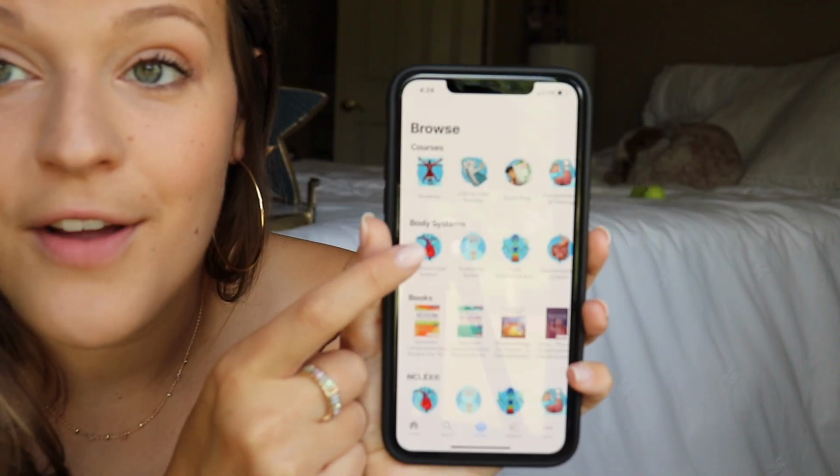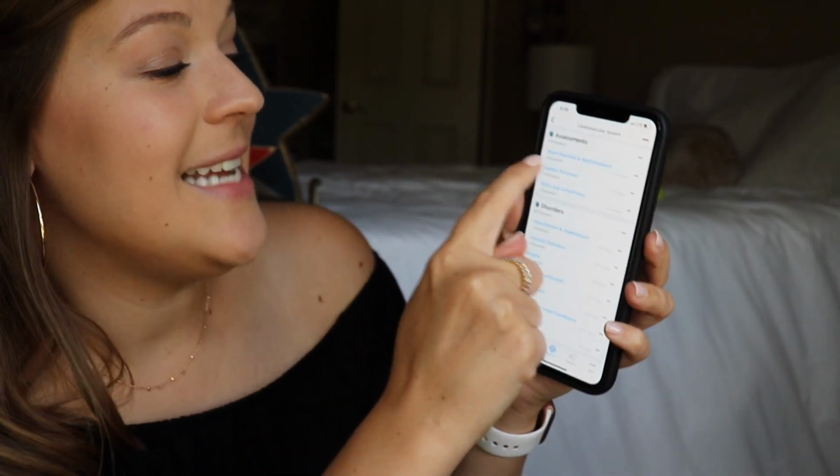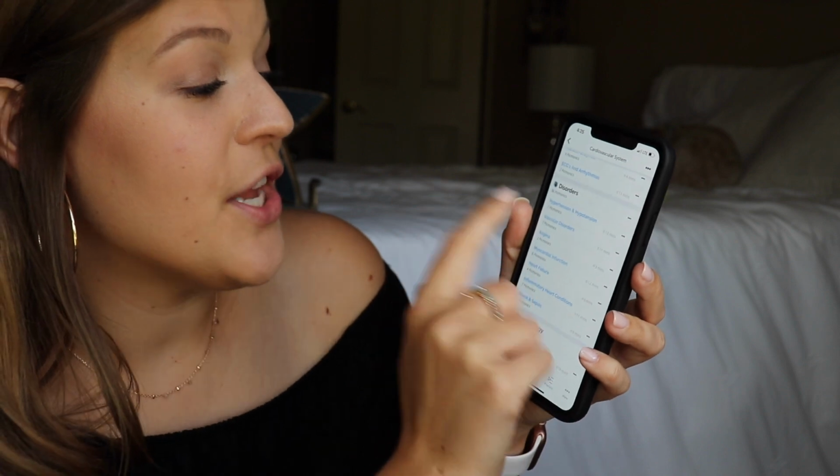Picmonic, you can do it on your phone, you can do an app, you can reach it anywhere, an iPad. They have a lot of different resources on there, but the ones I like the most are the storytelling mode, and then there's, let me just show you. Here, I'll show you. So this week we're learning the cardiovascular system. Click on body systems. It has 19 Picmonic assessments, 36